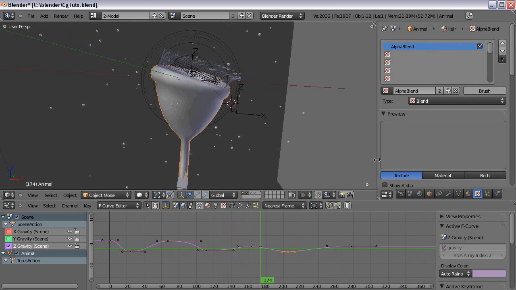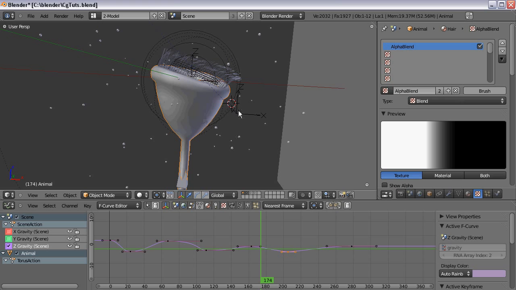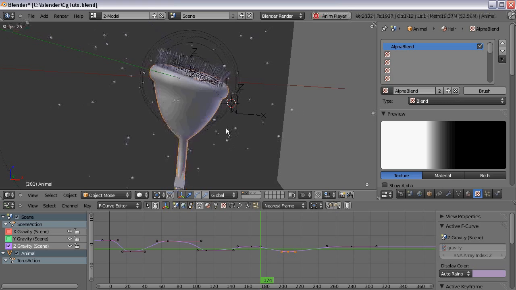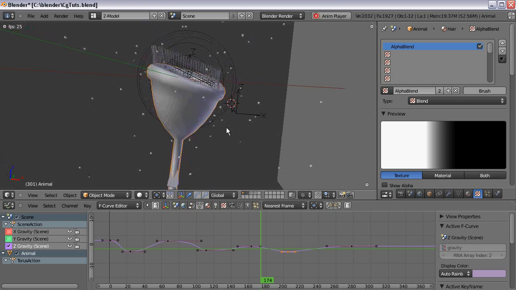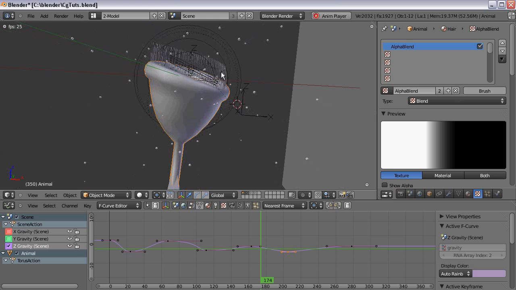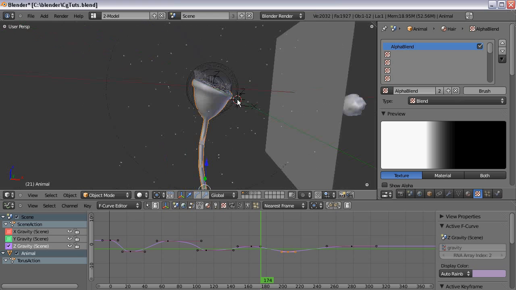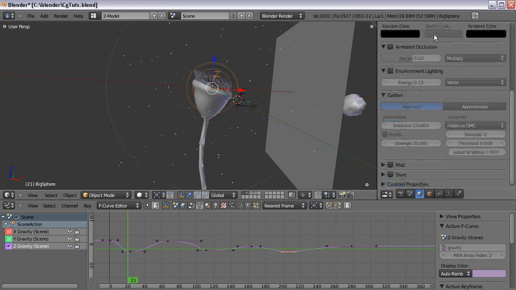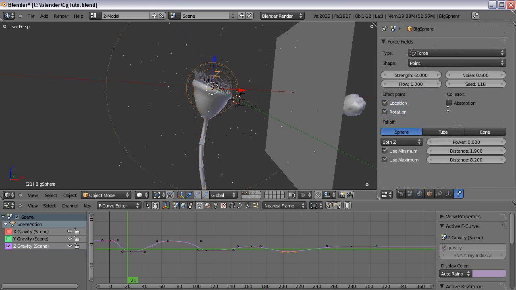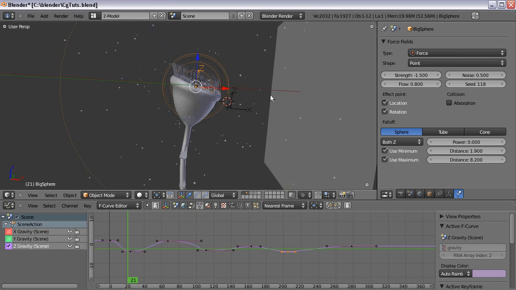So I'll leave it up to you to continue tweaking the cilia particle system. But you can see they're being attracted to the animal a little too much for my taste, by the way. So let's change the strength to -1.5 and the flow to 0.8,